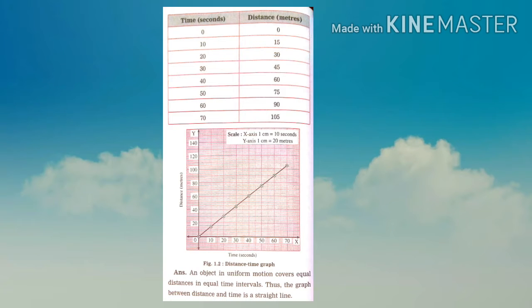Now we discuss the distance time graph for uniform motion. If an object covers equal distance in equal intervals of time, it is known as uniform motion. Thus, for an object in uniform motion, the graph between distance and time is a straight line. If an object covers 15 meters distance in each 10 seconds, and we draw a graph with the help of the given information, its